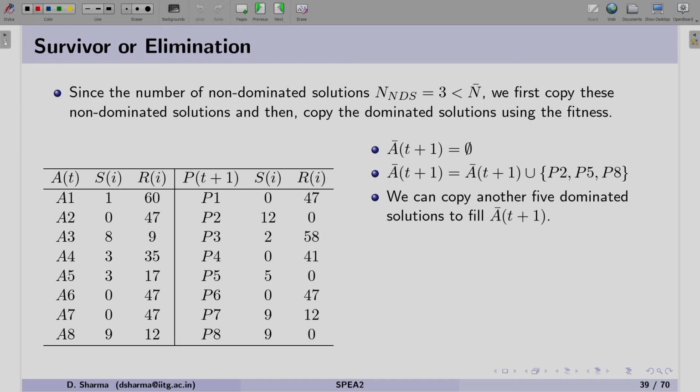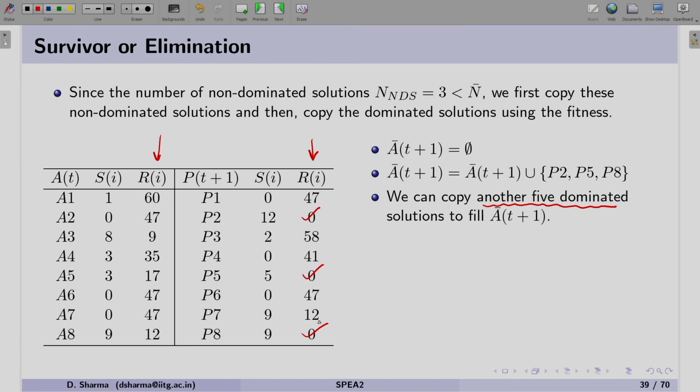Once these non-dominated solutions are copied, we know that currently the size is 3 out of 8, so we can copy another 5 dominated solutions. If we look at the raw fitness of the solutions, P2, P5 and P8 are copied.